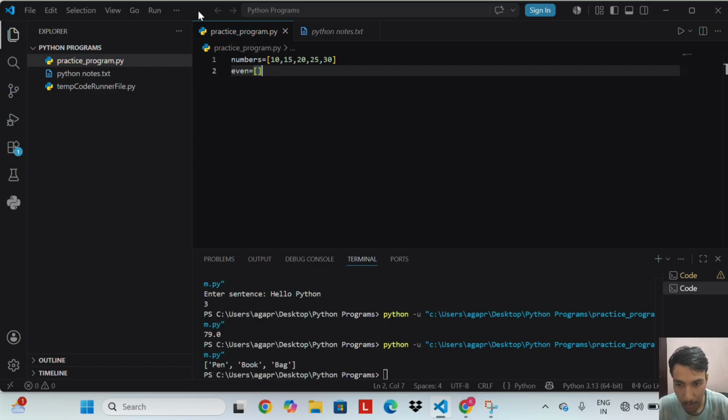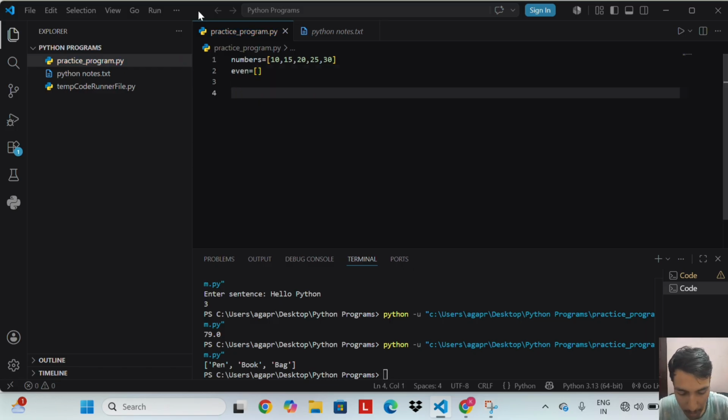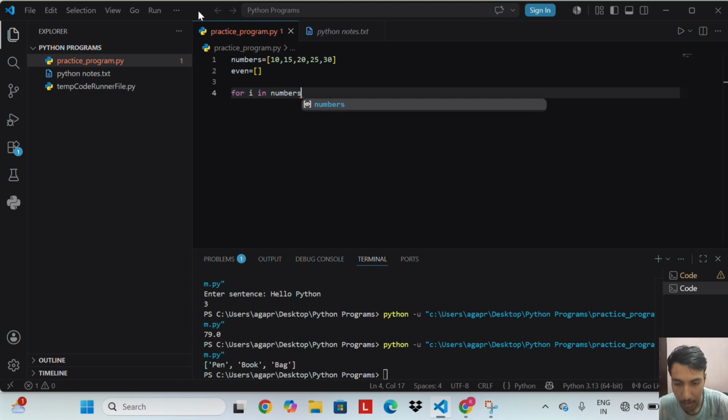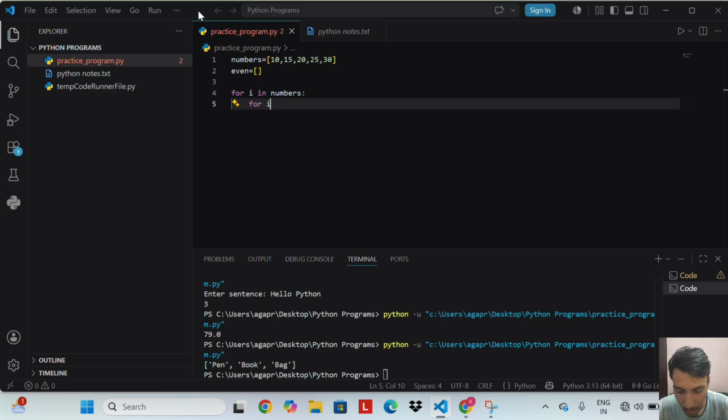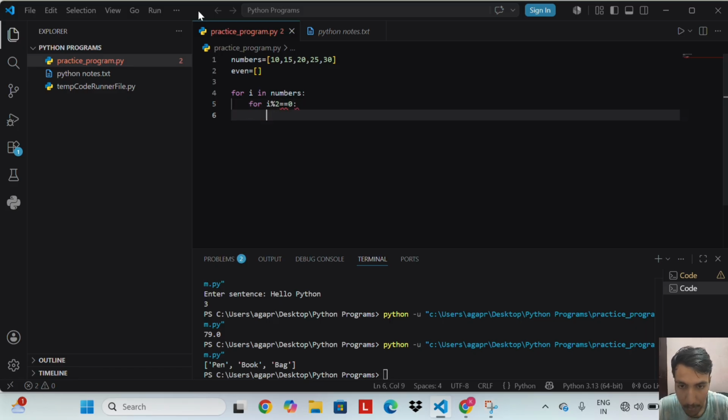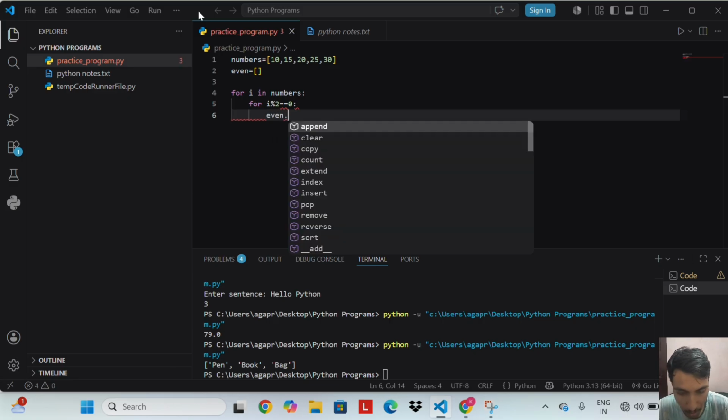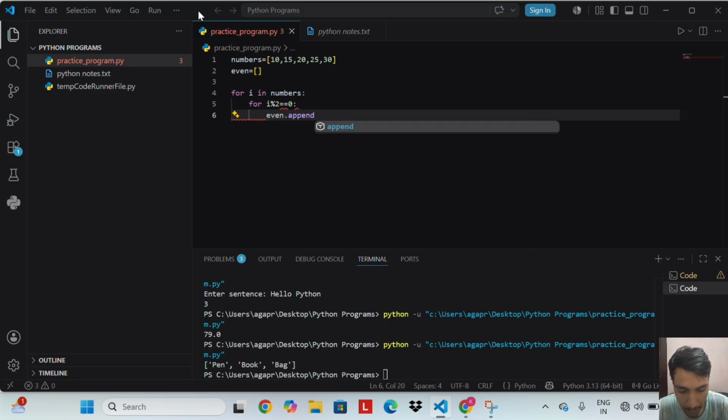E1 equal to empty list. Now we create a loop: for i in numbers, if i percent 2 equal to 0, E1 dot append i.